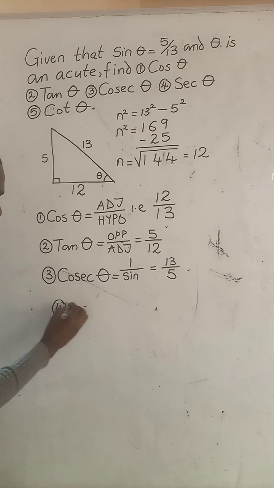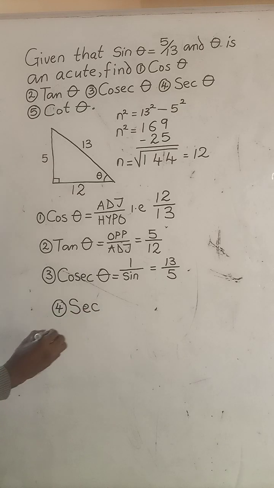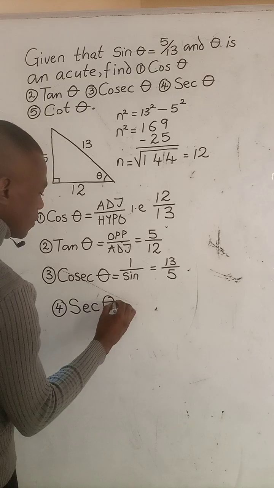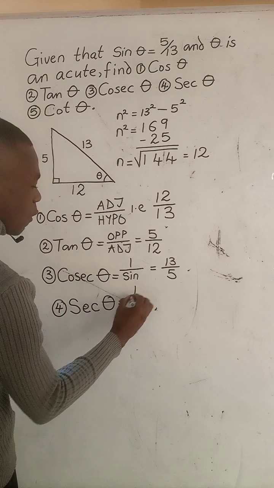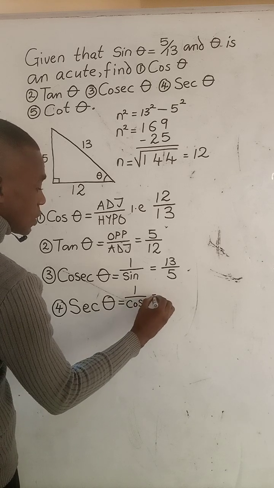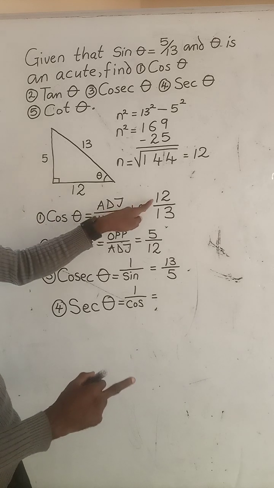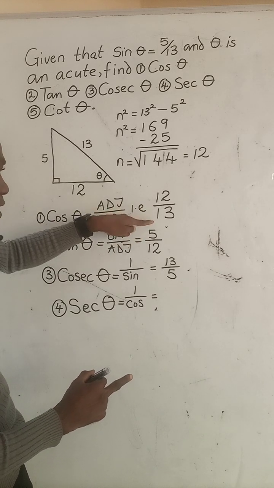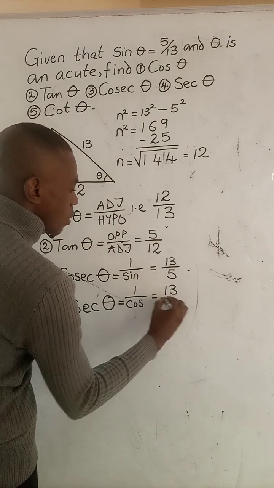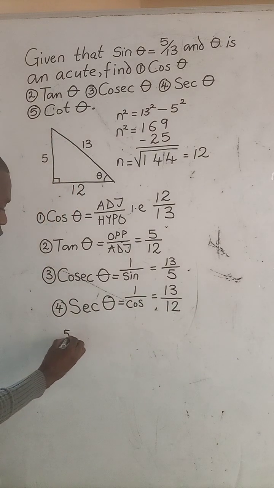In question number 4, what they ask us to find is the secant of the angle. And the secant is the reciprocal of cosine of the angle. The cosine of the angle that we obtained is 12 over 13. So the secant now will be the inverse, which is 13 over 12. Now we proceed to the last question, which is